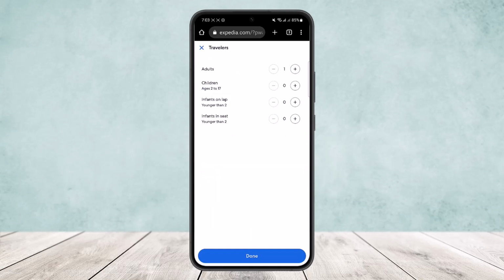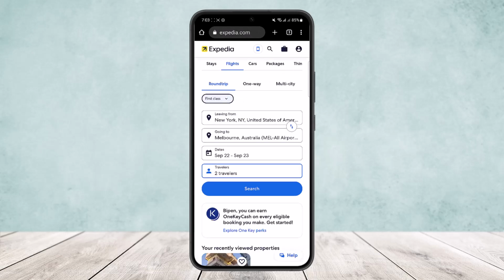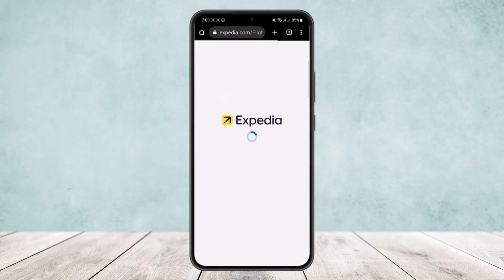and then you can choose the number of travelers. Now here you can see you can add number of adults if you have, how many adults you want, how many children 2 to 17, how many infants on lap younger than 2, how many infants in seat younger than 2. So once you do so, you want to choose the number of persons here. Then you simply tap on done and then tap on search,